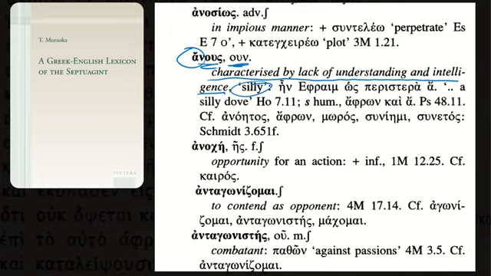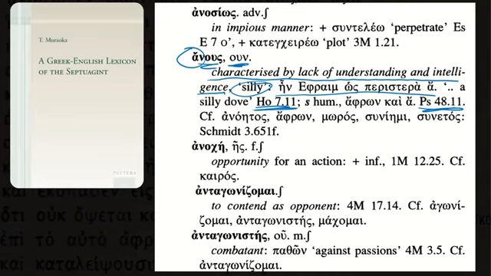He will give you a handful of, not all, but a handful of places where you might find it, like Hosea 7:11, Psalm 48:11, which is actually Psalm 49 in the Hebrew, and that's actually the one that we had on screen. So he will provide a selection of places where you can go see it in context. In fact, he does even provide some of the surrounding context so that you can get a feel for it.